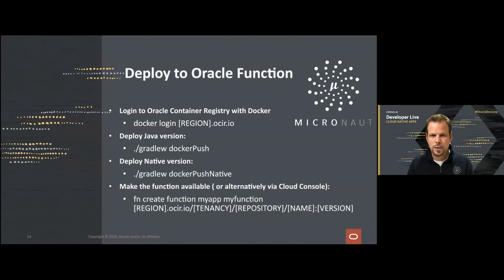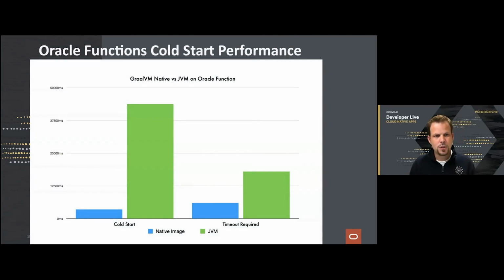You can deploy to Oracle Function just by logging into the container registry and doing a GraalVM Docker push. You can deploy the native version, which exhibits significantly faster cold start performance, using Docker push native. To make the function available, you can use the Project Fn command line, fn create function, to create the function. And once you have that, the cold start performance from the native version compared to the JIT version is significantly